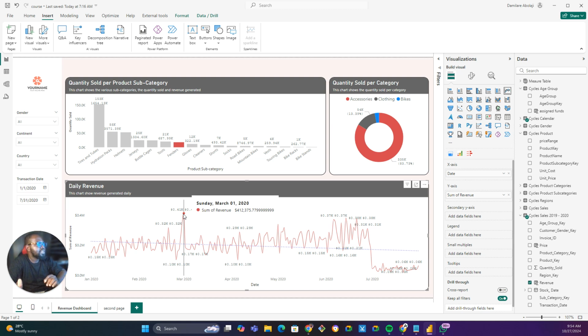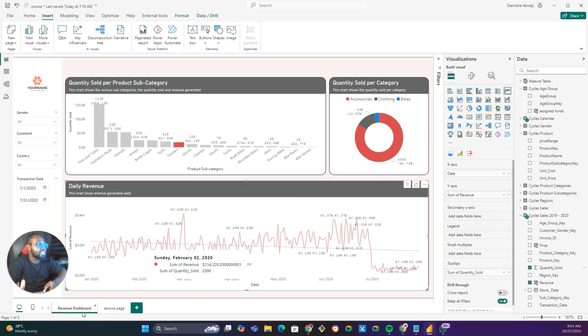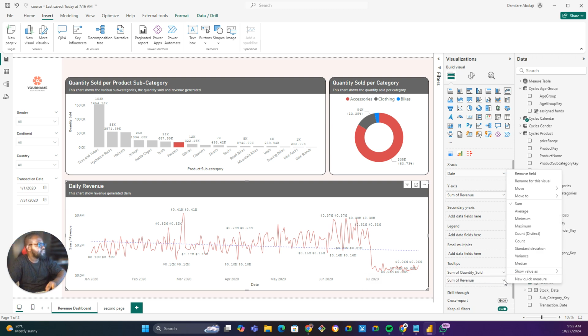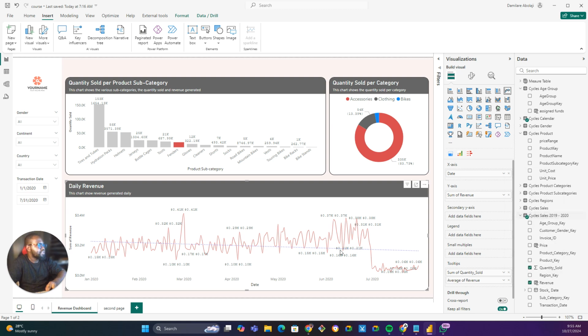If I wanted to see quantity sold as well, for example, I can drag quantity sold to the tooltips pane here. And now if I hover over a point, I can see revenue and I can see quantity sold for that day, even though on the chart, what I'm visualizing is just revenue. I could do more than that. I could see average. So let's see average revenue too. So I could drag revenue, still there, and instead of doing sum, if I click on that drop down, I can select average. So average revenue, I can see total revenue, which is